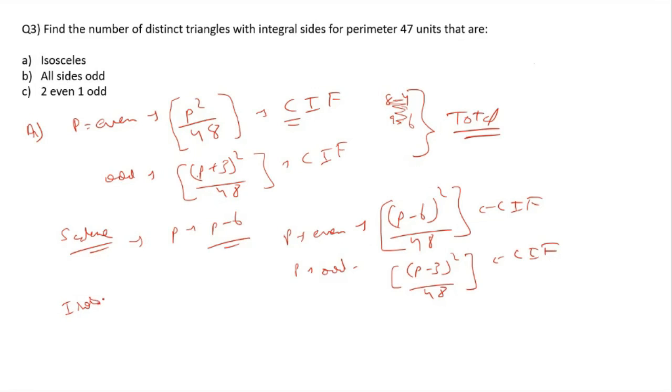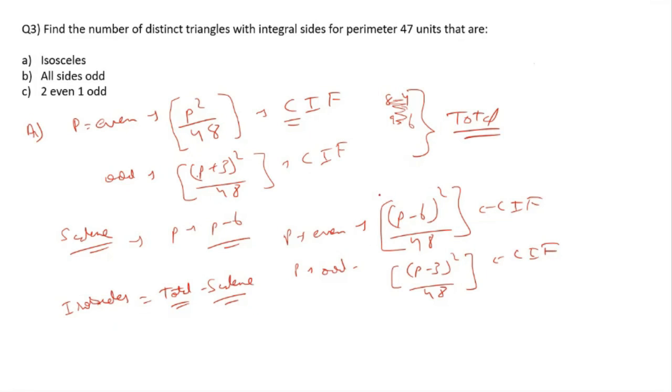And equilateral is also considered within the isosceles only. So isosceles, if I want to find out, will be total minus scalene. Obviously, the total number of triangles minus the all-sides-different case will be the isosceles triangles, and this will include the equilateral case as well. So in general, if the question only asks for isosceles triangles, you need to include the equilateral there as well. If the question specifically mentions isosceles but not equilateral, then you will subtract 1 if there is an equilateral